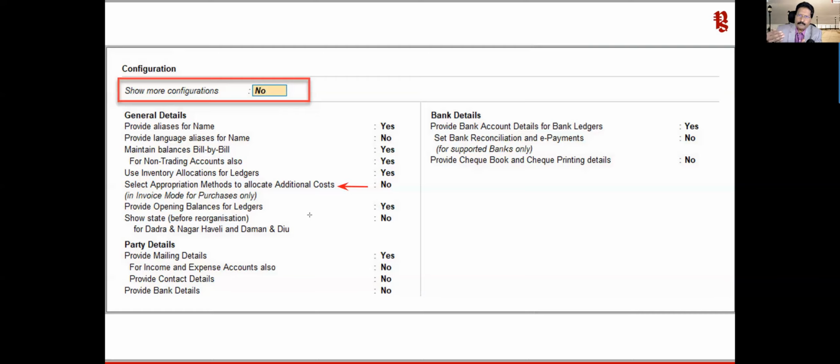The closing stock value, or the cost of the stock which is available now, will have your basic cost plus the additional cost appropriated. So that is what this option does. If you want to do this, you can enable this option, create the relevant master, and pass those transactions to get the intended effect that you are looking for.